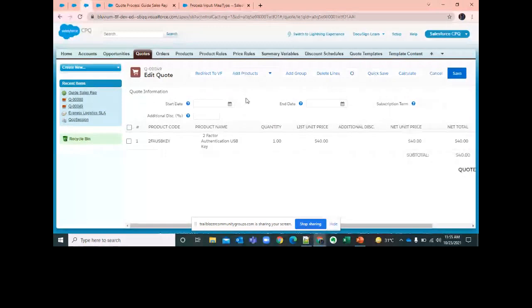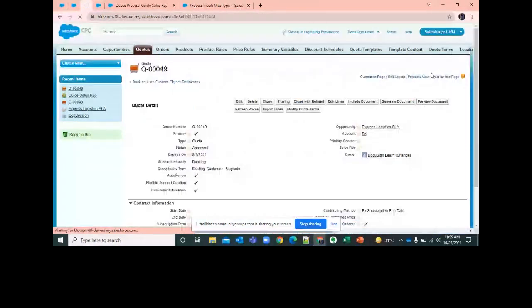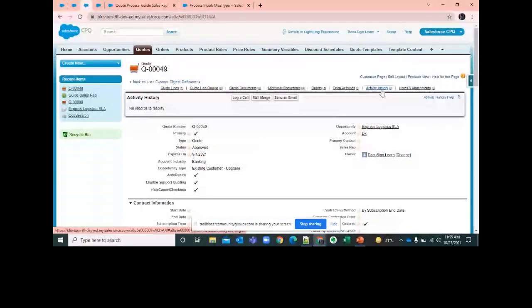Now, I actually want you to encounter this issue, because then you will remember it forever. What usually happens, guys, whenever we newly learn or try to set up a guided selling, is we set up everything. We create a field on a product, a field on a process input, a guided quote process record, a process input, we configure everything.